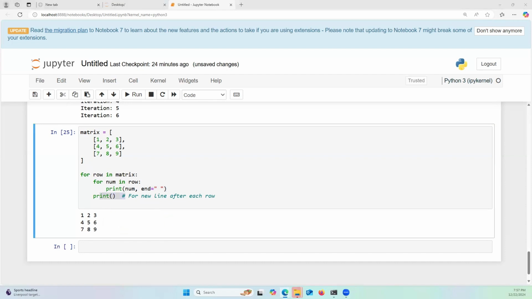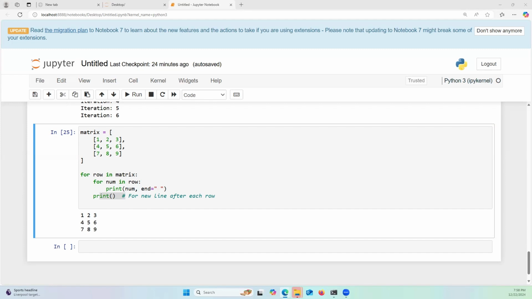Okay, now what are the key differences between the while and for loop? If I want to explain this, the while loop is suitable when you don't know how many iterations you need beforehand, and the loop continues until the specific condition is met. It can lead to an infinite loop if the condition is not correctly handled. The for loop is best used when you know exactly how many times you need to loop, such as iterating over a sequence,